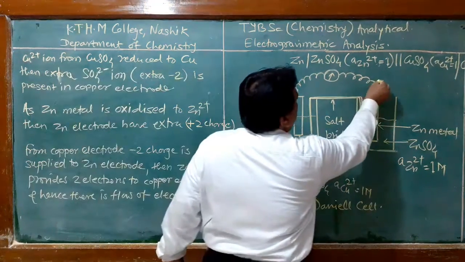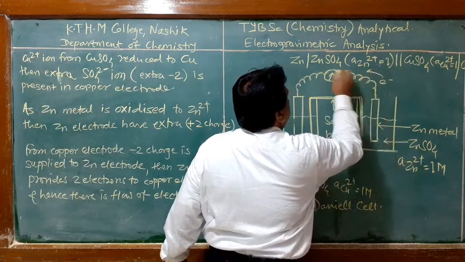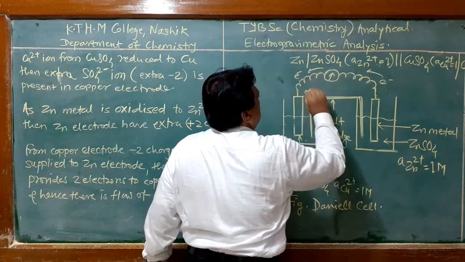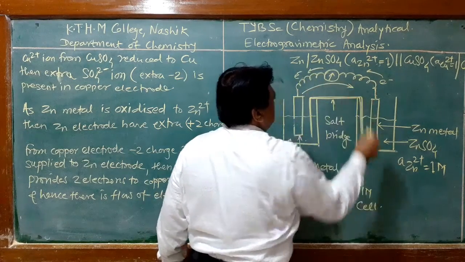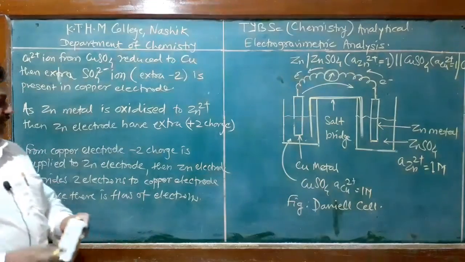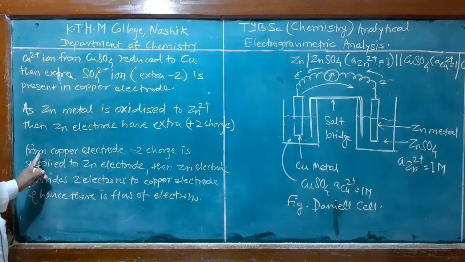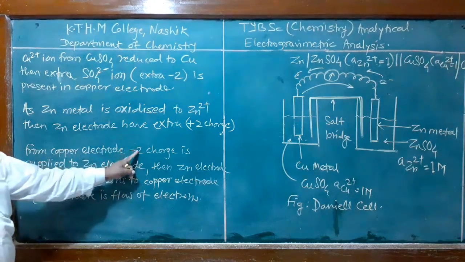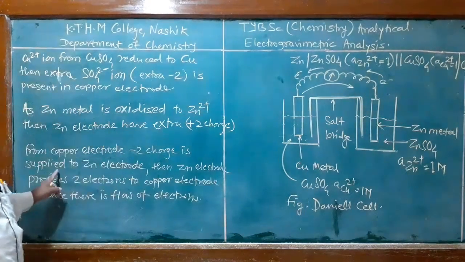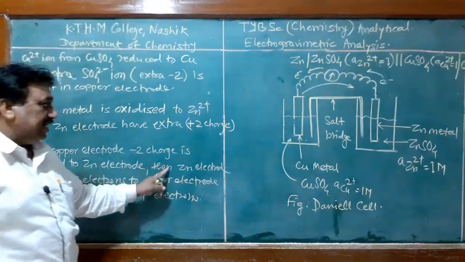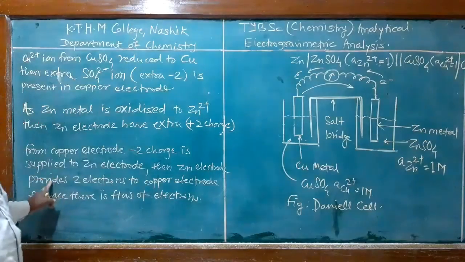Therefore, electrons are flowing in this direction, and electricity is flowing in this direction. Therefore, flow of electricity is opposite to flow of electrons. Here, from the copper rod -2 charge is supplied to the zinc electrode, and only then does zinc provide 2 electrons